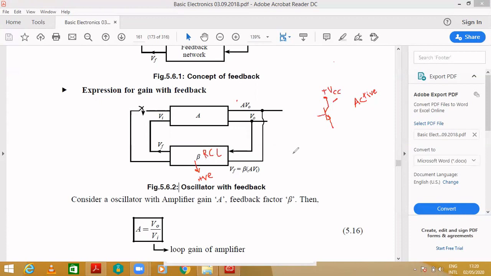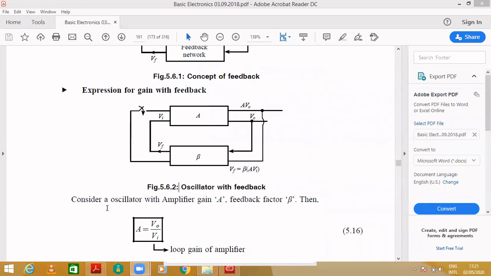In the feedback network, it has to increase the gain, using passive components and the desired frequency. The frequency formula, maybe you already know, is 1 over 2 pi RC. By choosing an appropriate R and C value, you may get the value of frequency. That's why it is very important to choose the correct value of resistor and capacitor here. Then the gain, by observing the signal, will increase and it is fed back to the input. So this is how the oscillator works with feedback.